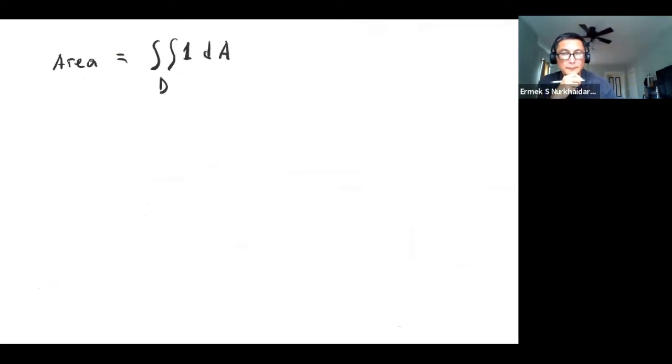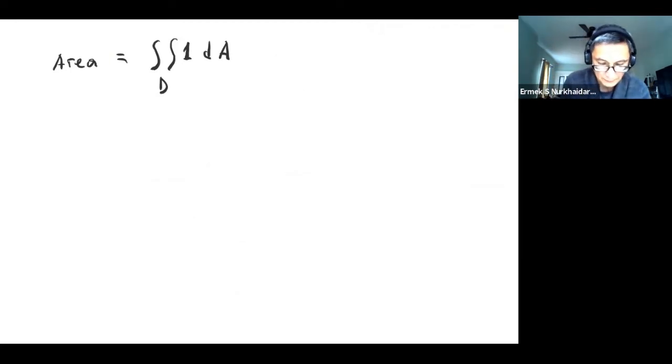Call that area, equals to double integral of 1 dA, right? So what you can do here is you can pretend that the integrand is either a partial derivative of Q or of P, so there